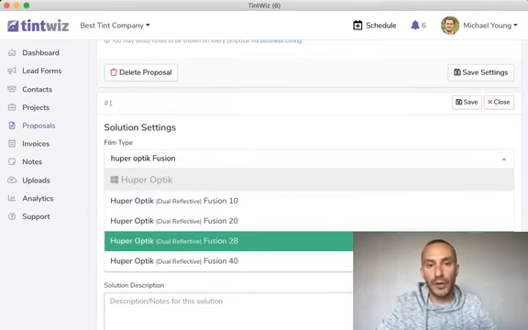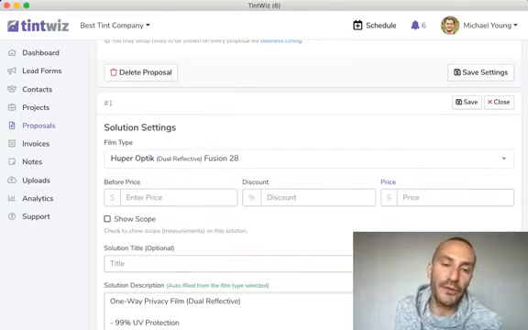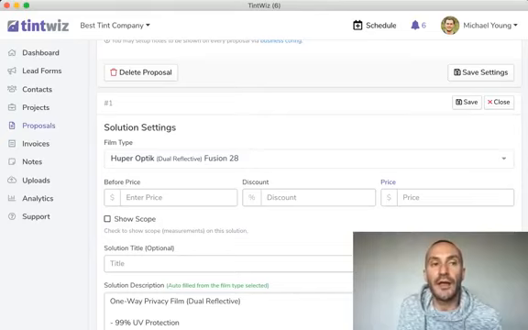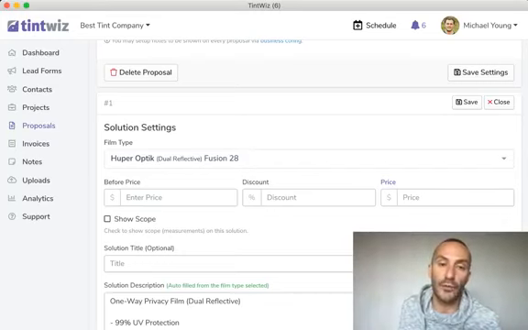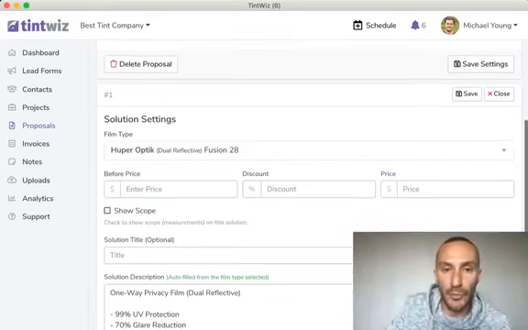They don't want it to be too dark, and you can see all films are preloaded in here, not just Hooper Optic. Absolutely every brand is in here. If you come across a brand that's not preloaded in here, just let us know in the support area and we'll have it added instantly for you. So we're going to go ahead and add that Hooper Optic Fusion,